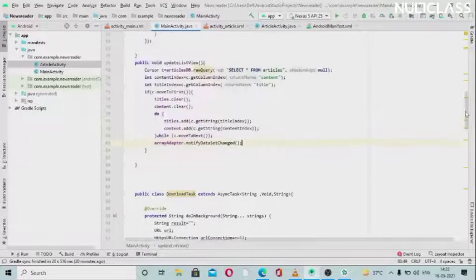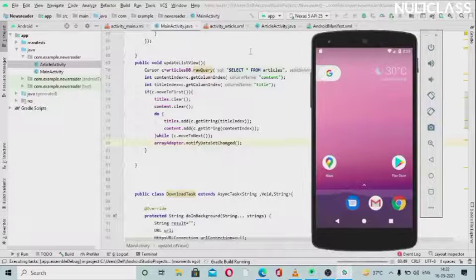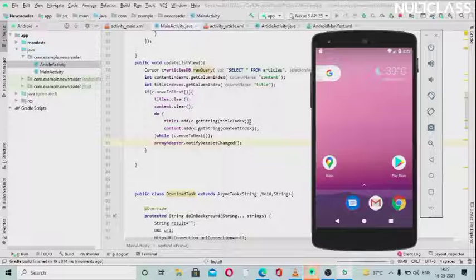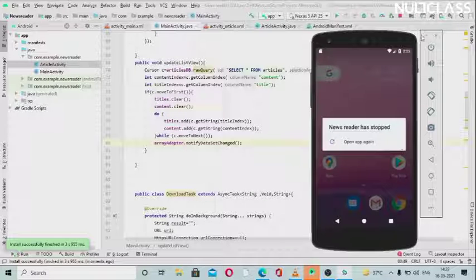Also, let's just run the app first, we'll see that afterwards. After running we may not get the text view. I will tell you the reason for that, but let's just wait till the app shows up. We can see it has stopped, as I have told.